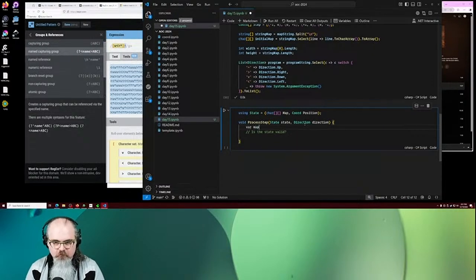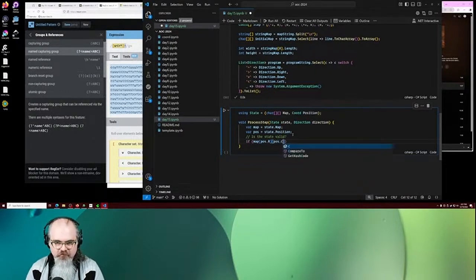So var map equals state dot map, var pause equals state dot position, and lowercase those because they're coming off of there. Okay. So first we just want to check if map sub pause dot r, pause dot c does not equal